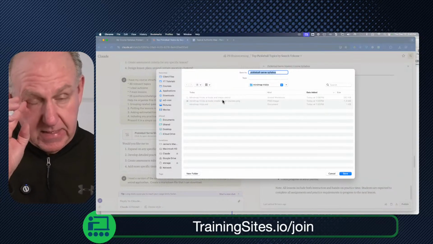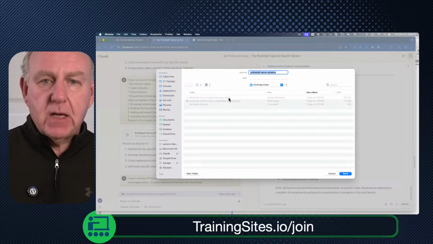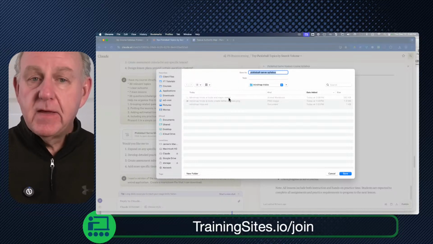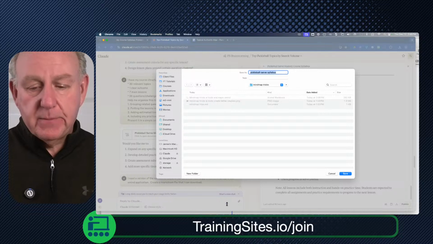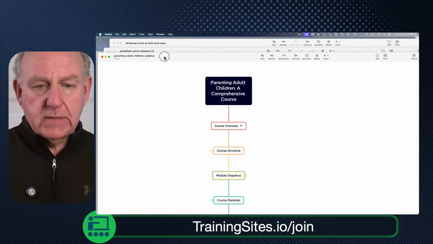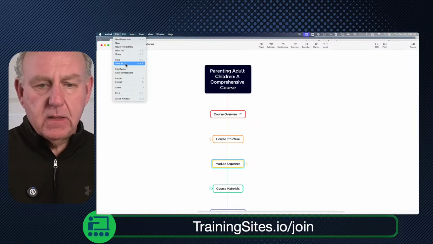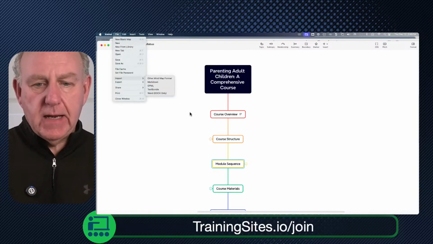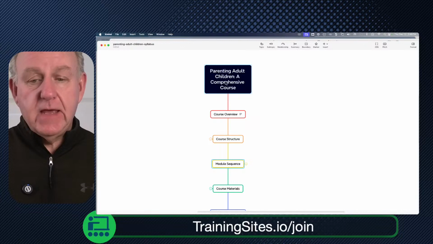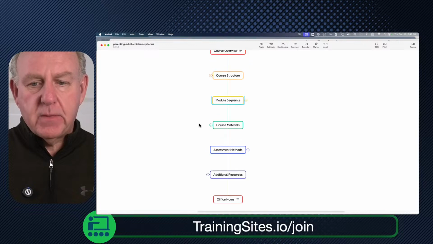Now, the cool thing about this, especially if you're using Claude, which I recommend, is it will download it in something called Markdown. And that is the default file type that you can import into a mind map. So if I go and take a look and open up my copy of XMind, I did that one for that course on parent ones. All I did is a file import and Markdown, and it actually built from the syllabus that was created in the AI tool. It's actually built and created all of the pieces that are there and put them into a mind map.